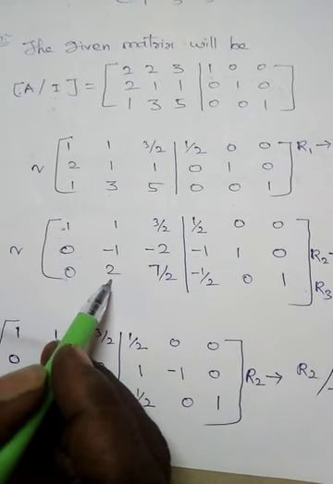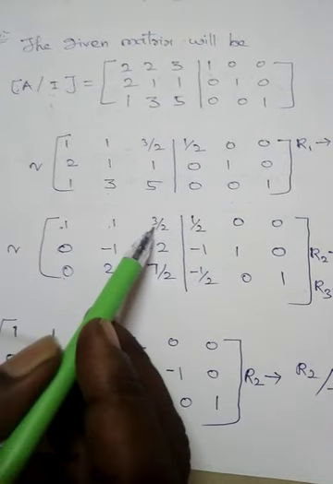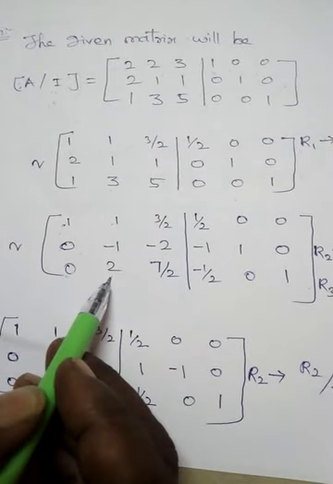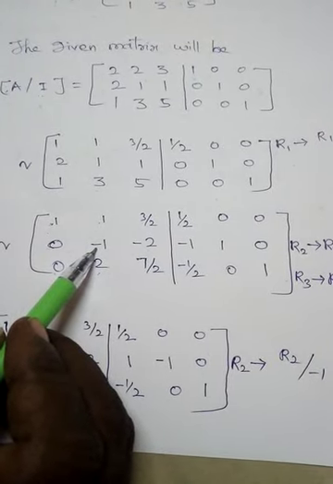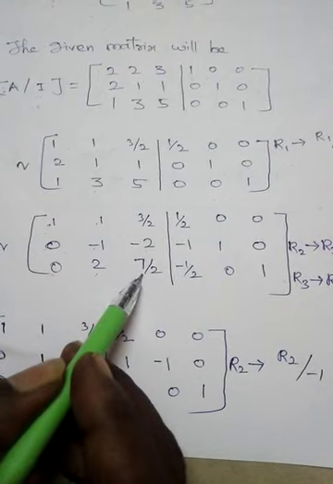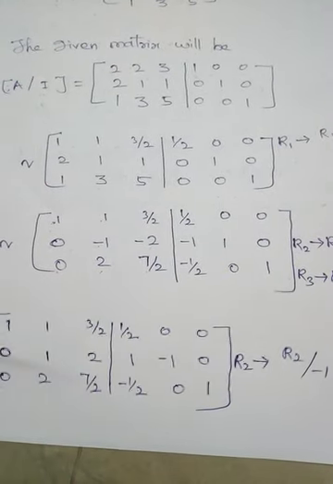So now we are going to move to the next level. This 3 by 2, this minus 2, this 2, this 7 by 2 must be 0, and then this will be plus 1. Already we have minus 1, so we are going to modify this minus 1 into plus 1. This 7 by 2 will be plus 1. So what techniques are we going to apply at the next level?